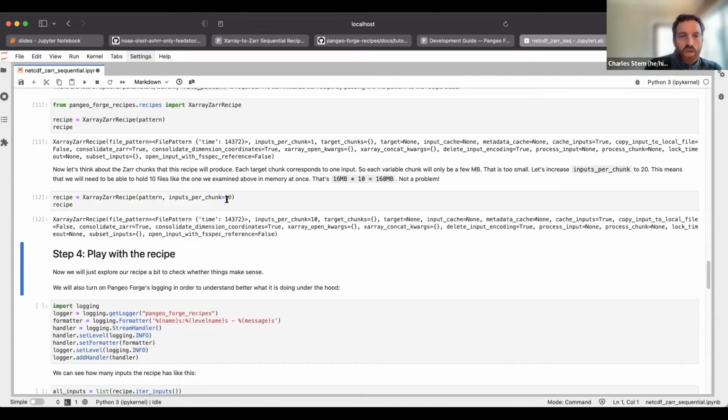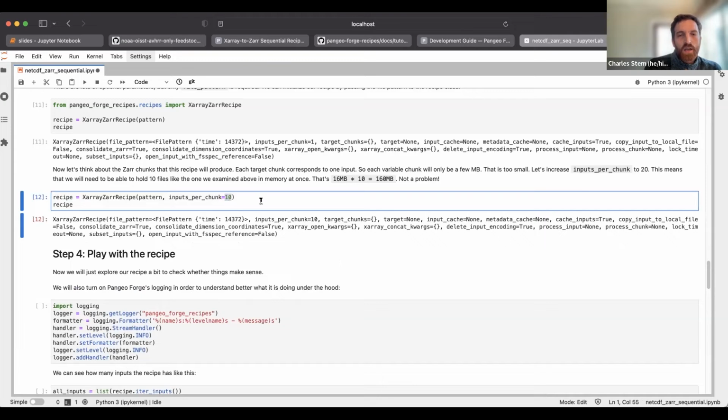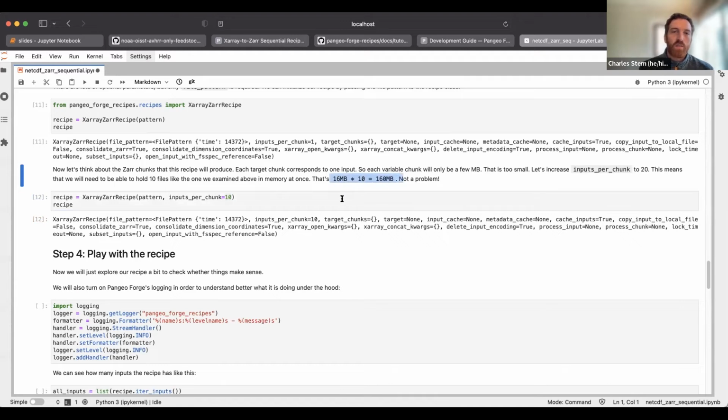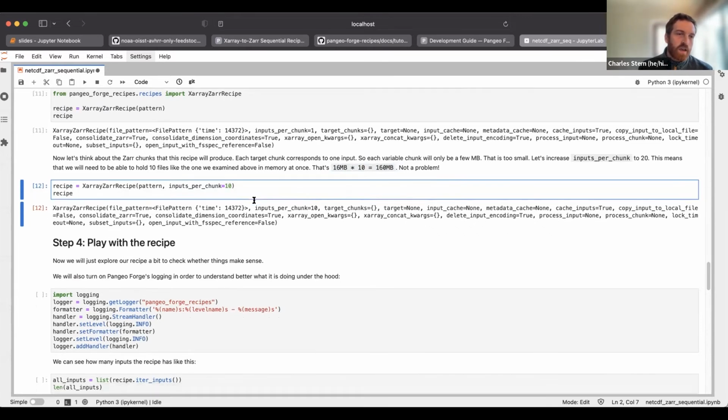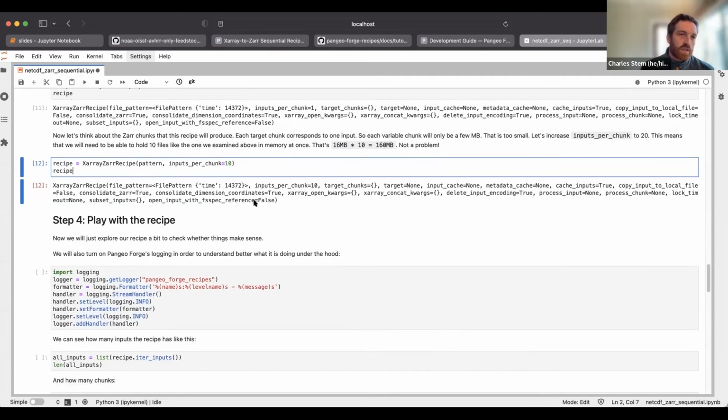So in this case, we know that each input file is about 16 megabytes. So by putting 10 inputs per chunk, we're saying that we'd like our chunk sizes in the resulting Zarr store to be about 16 megabytes times 10, or 160 megabytes per chunk, which for certain applications might be a good choice. In the interest of time, I think I'll pause there at the instantiation of the recipe in